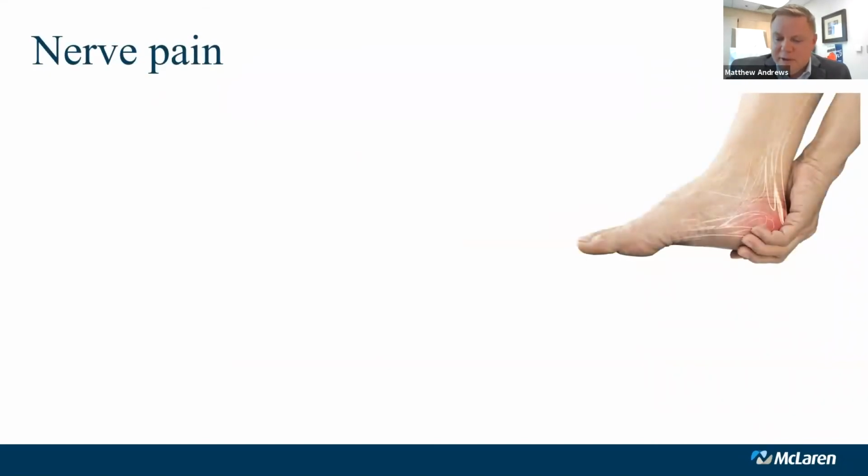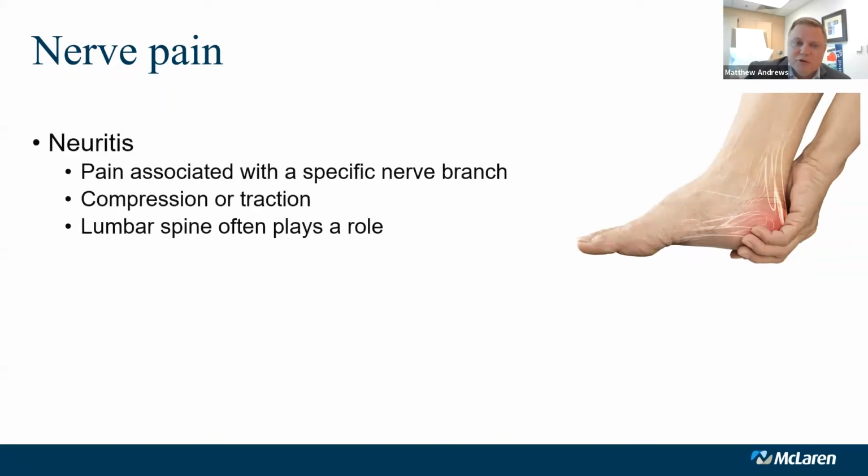So we're going to shift gears here a little bit. We're going to talk about another pretty common cause that I see and that we treat relatively aggressively, and that's nerve pain. Nerve pain is difficult because no two patients are alike. As compared to a bunion or heel pain, our treatments for those are pretty straightforward. But oftentimes with nerve pain, we got to get a little bit more aggressive. And we've got a lot of different tools that are at our disposal. Sometimes we're able to get away with use of topical medications, sometimes even physical therapy modalities, but sometimes we have to consider oral medication or in rare instances, even surgical procedures.